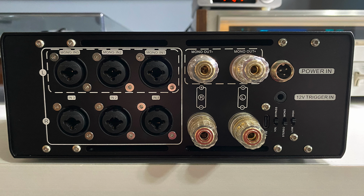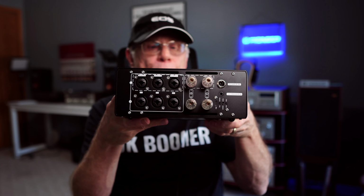On the back, you see the 3 XLR inputs, or you can use TRS or XLR. You have your speaker outputs. Then you have a spot for the firmware update, a bypass on the volume control, and then you have gain on there. It's either 9 dB or 19.5 dB, stereo or mono mode. Very, very minimal on here, but you can use it as an integrated amplifier. You can use it with the volume control, or you can use it with a preamp. All right, so now that we have that out of the way,